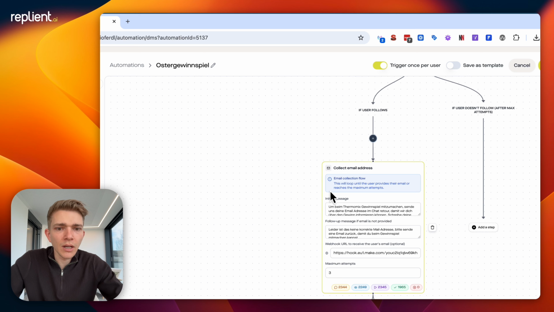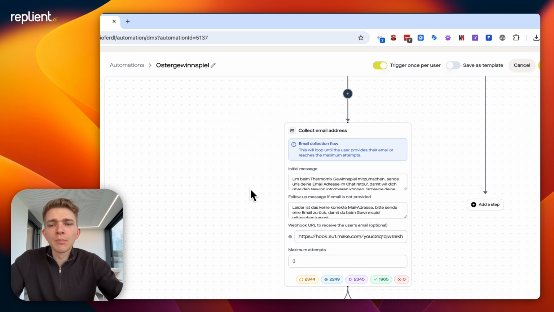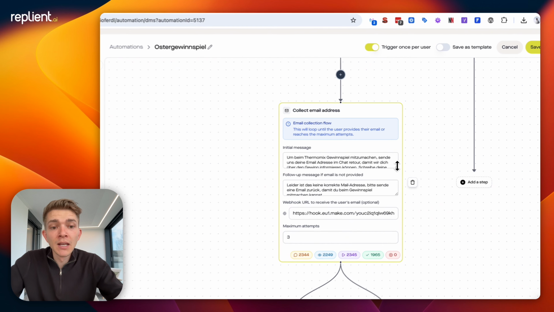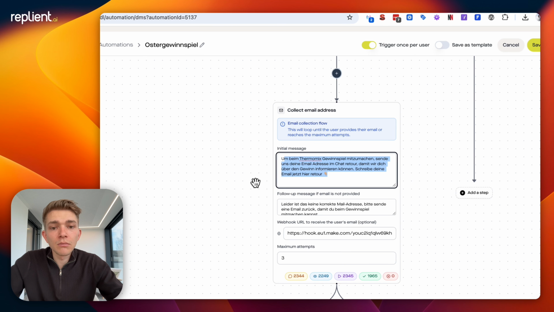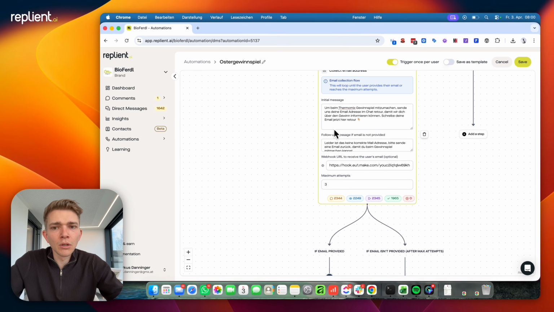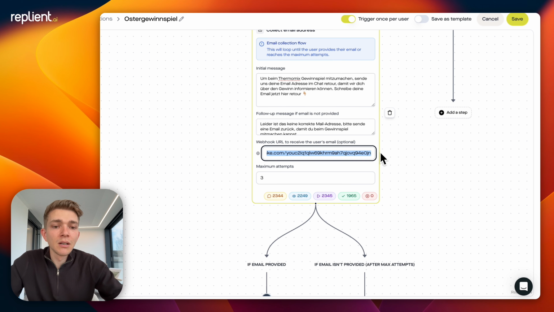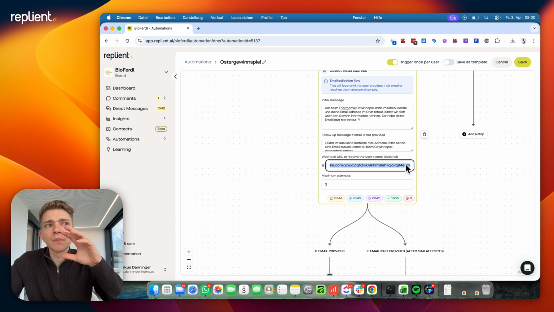Okay, so check if follower. If the user follows, I want to collect the email address as well, because email addresses are like gold for all businesses. You can connect the email within Replient directly. So we're gonna send out, if you really want to participate in this giveaway, please pass your email directly in the chat. And then we set up a webhook URL. This is like Zapier, this is make.com, where you get a webhook that you can paste in here to automate the stuff from getting the email into your